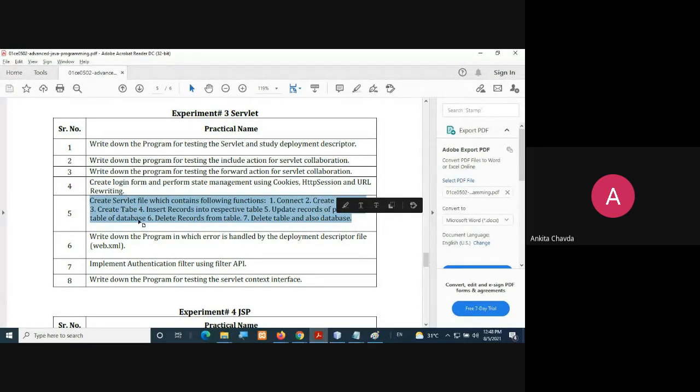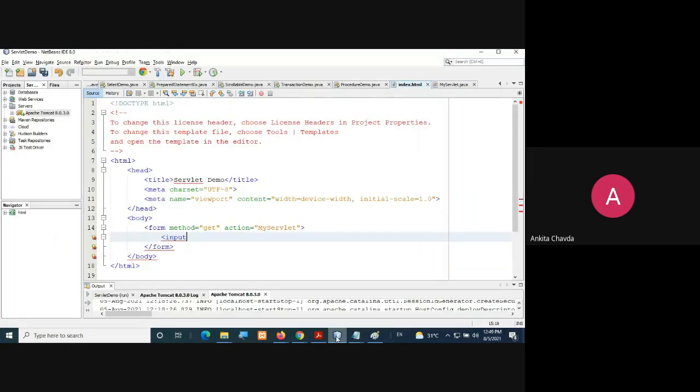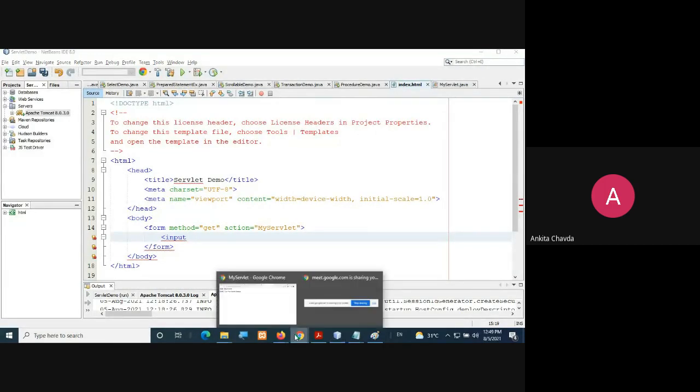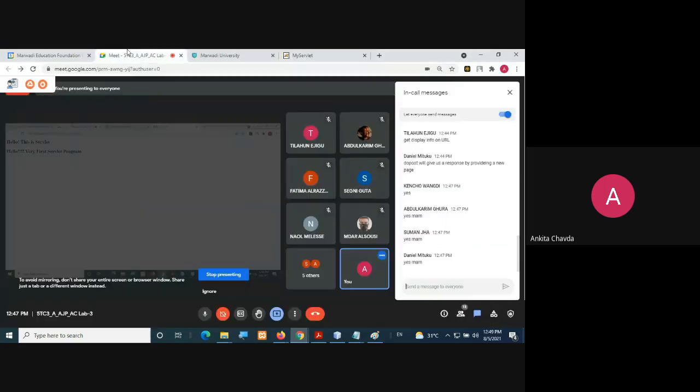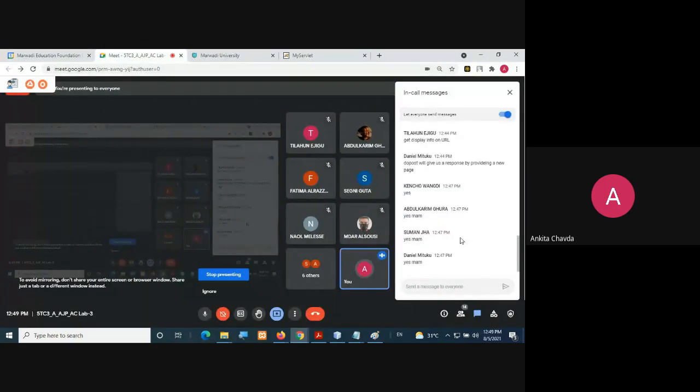This many things we will do with the servlet file. So still I'm saying, if you are not comfortable with JDBC, the database, then you need to sort that out also.